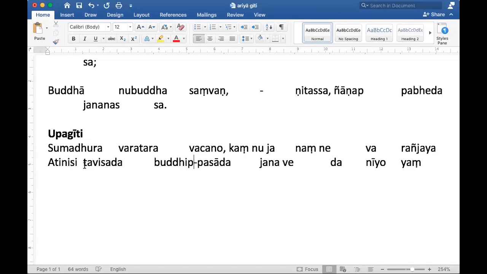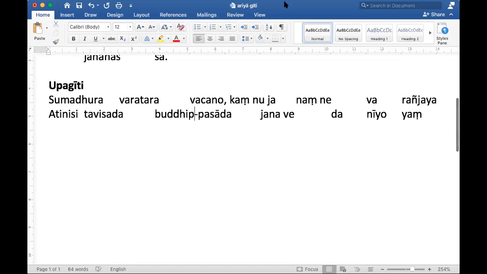Ati Nisi, first group. Then we said the second group. Buddhip is the third group because there are 4 measures. Buddh, 2 measures. Dip, 2 measures. Okay, thank you. Then let's go to the third verse of the